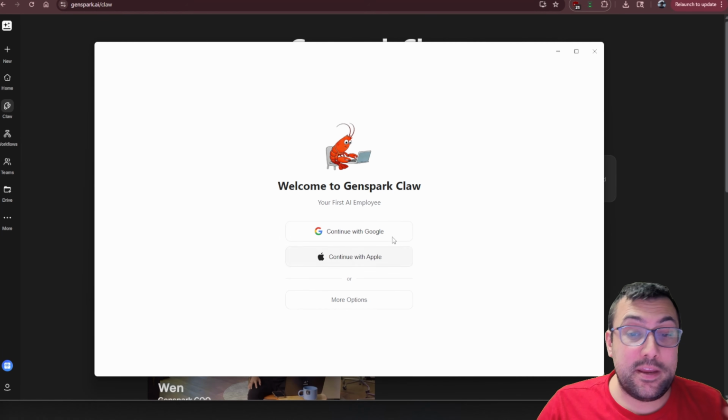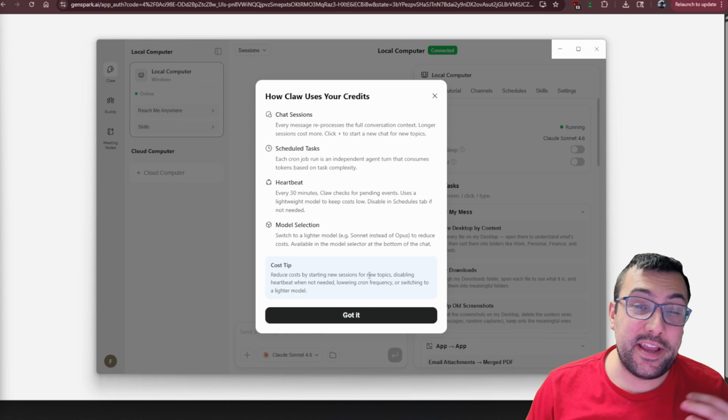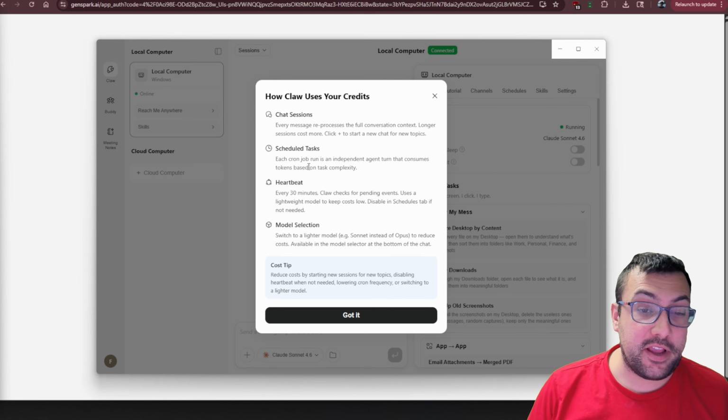What does this all look like in practice? Well, I have GenSpark Claw installed and let me sign in. And now I just have to sit back and relax for a minute or two while it installs all the AI tools that it needs to access GenSpark Claw. And again, just sticking to the theme of the video, reducing your credits, it actually goes through and tells you how